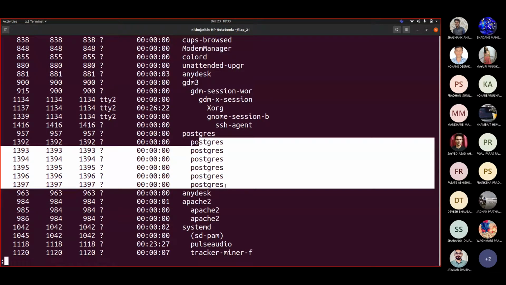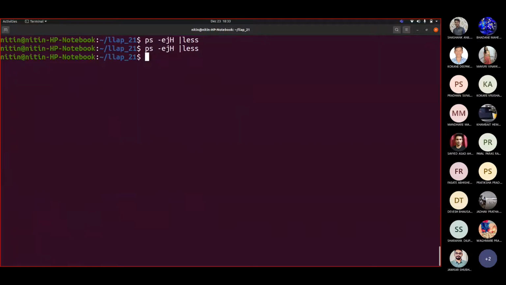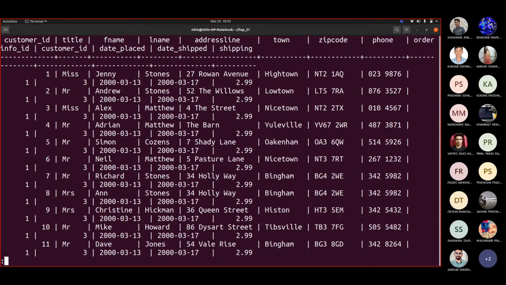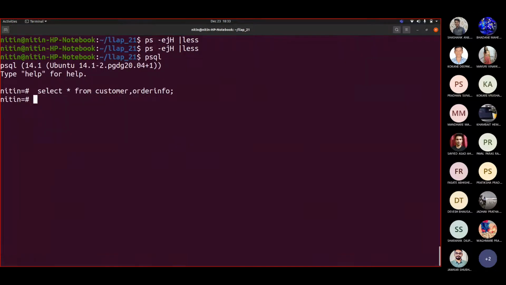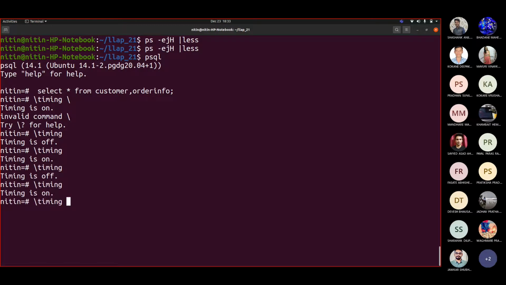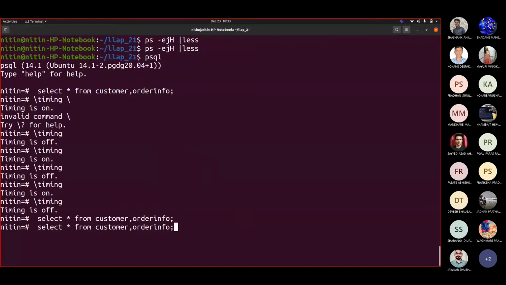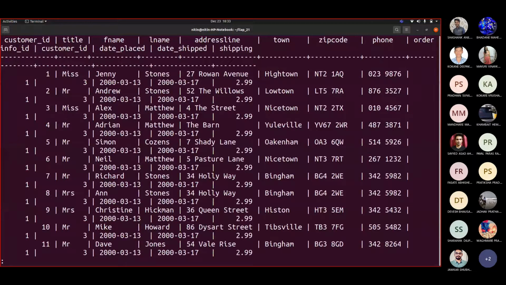Now you may ask why I'm telling you this. The reason behind it is, when I wrote this psql and fired this query, what data was taken in memory? This timing would be switched off when you quit from it. So you can see that it is on and off, correct. When it is off and I fire my query, nothing would be shown. Now you might see it is waiting for my key to be pressed, because it is showing me this.